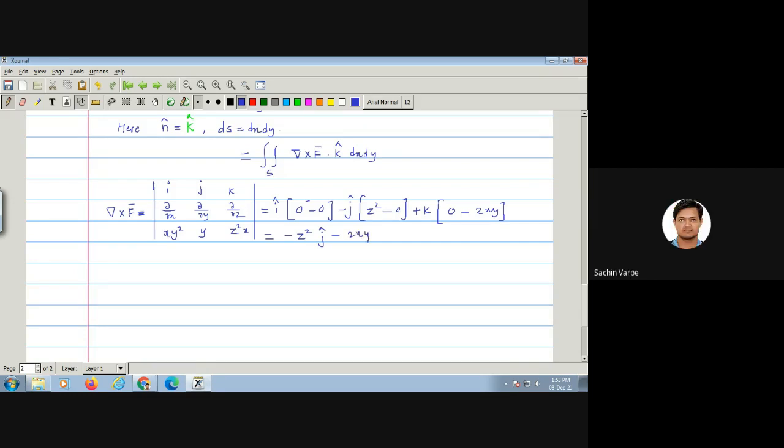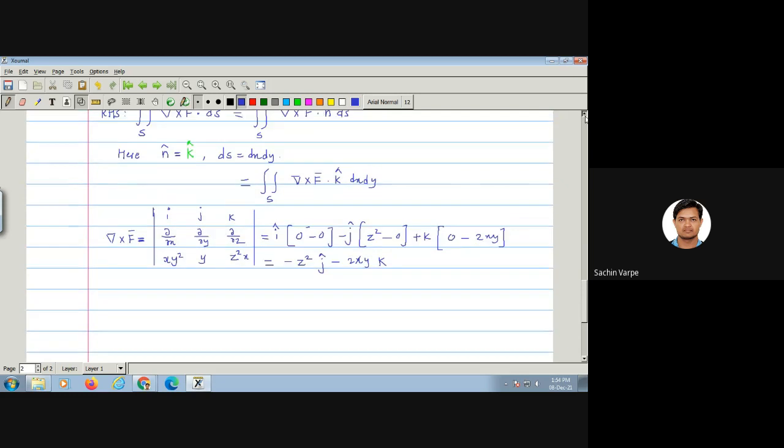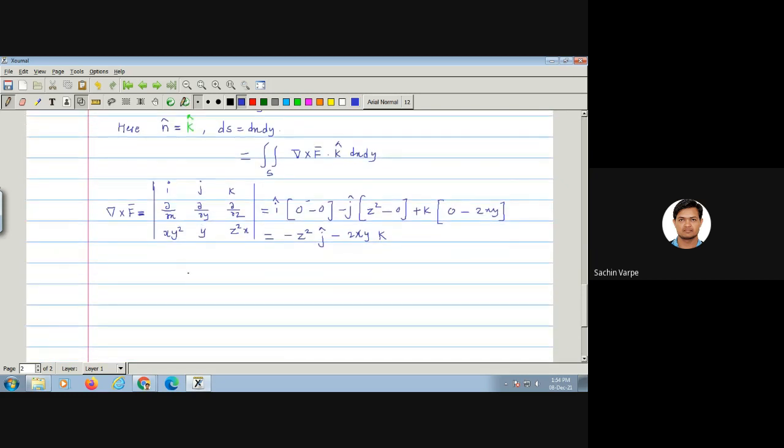Minus 2xy k cap. Right. So but z square, or z, is given to be 0. We are along the xy plane, right? So the z component will be 0. Or instead of that, we want